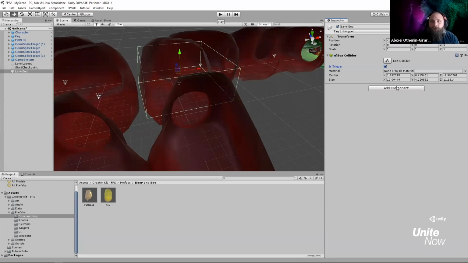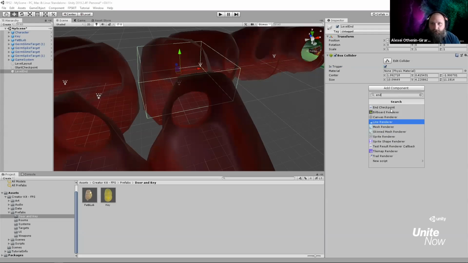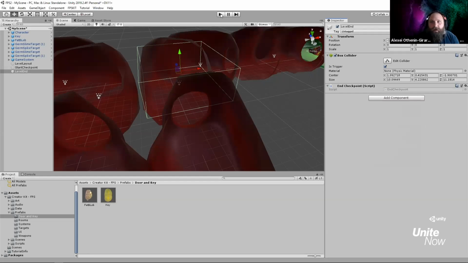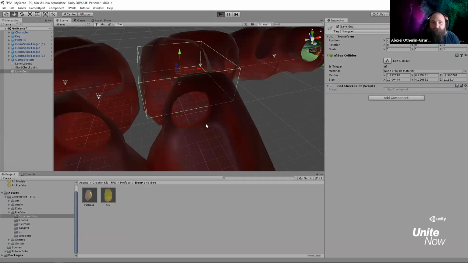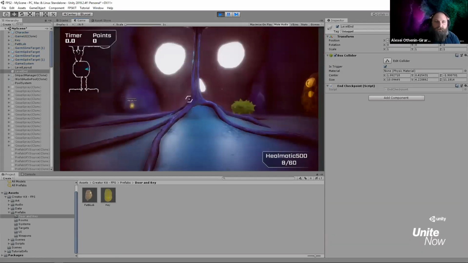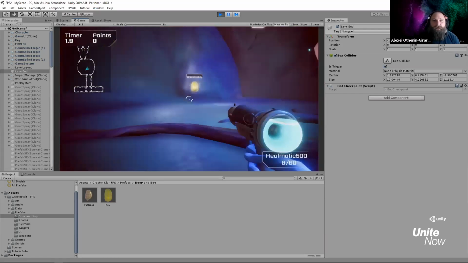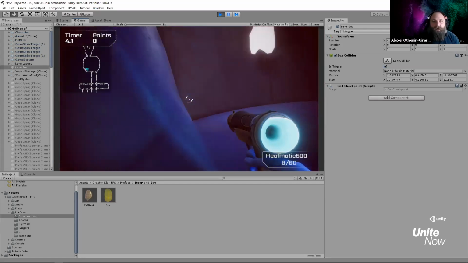And so we're going to add that level end component. What's it called? It's called end checkpoint. So add the component end checkpoint here. And all that script is going to do is when the player touches that volume, we're going to end the level. So now that it's all set up, we can grab the key,